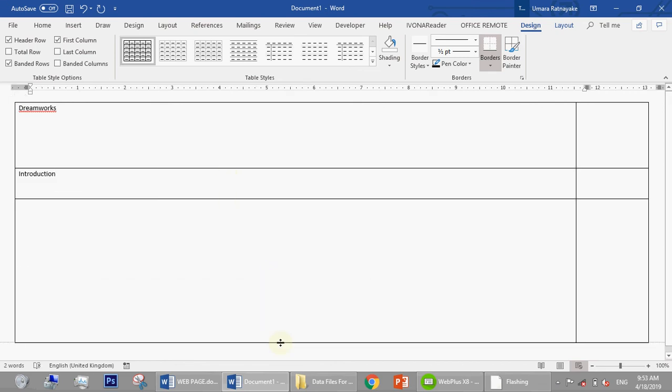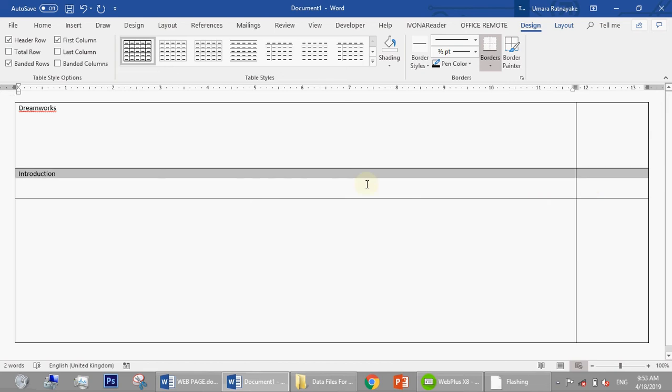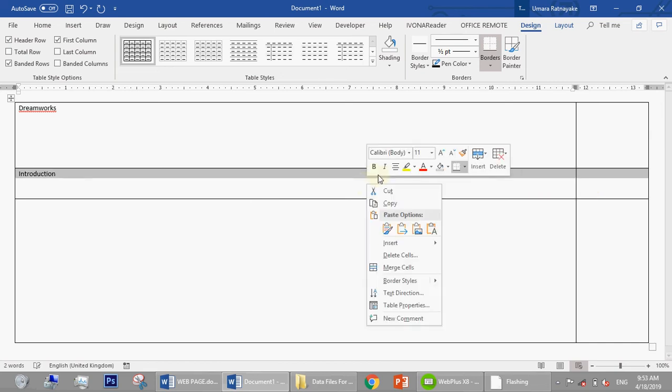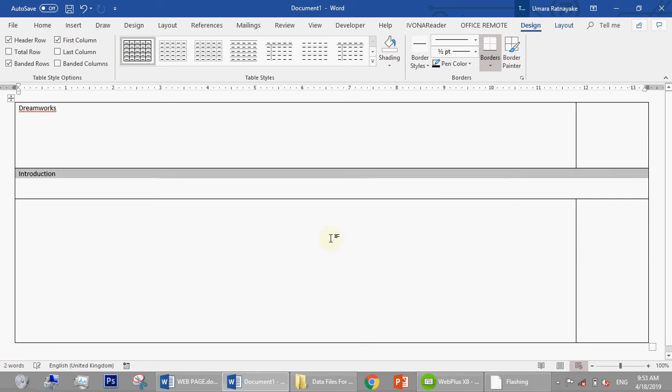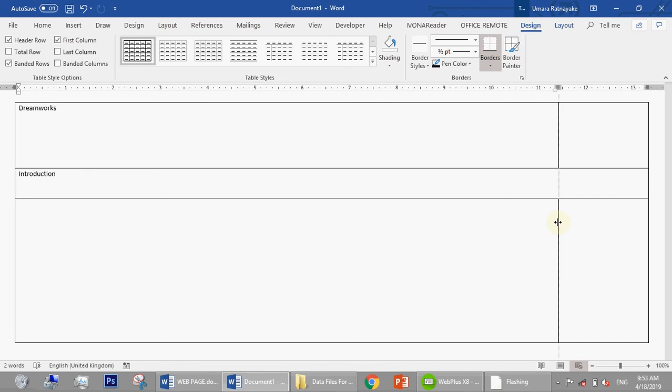When you're using the table, you need to merge and split accordingly to suit your layout. So I'm going to merge this whole row, right click, merge, and here there should be a left section for the image, a center section for the content, and a right section for the links. So I'm going to right click on this cell and